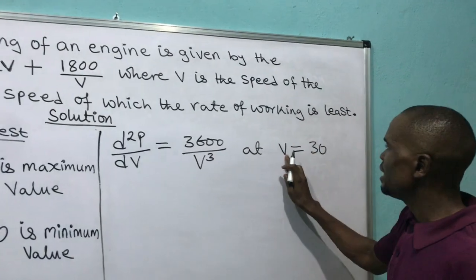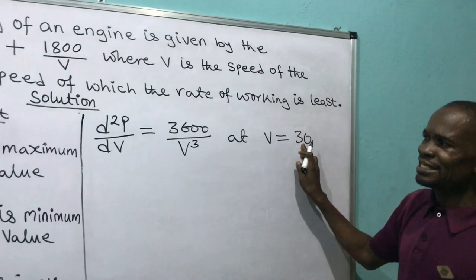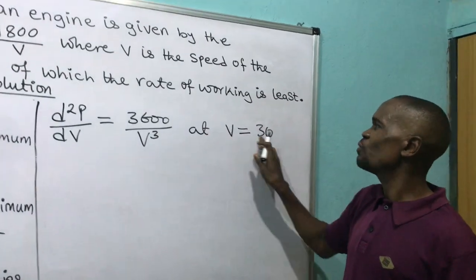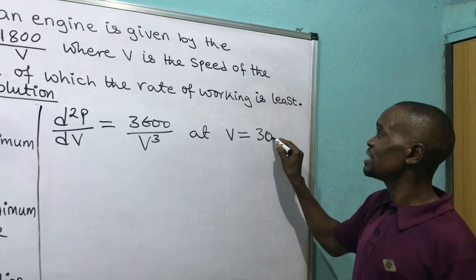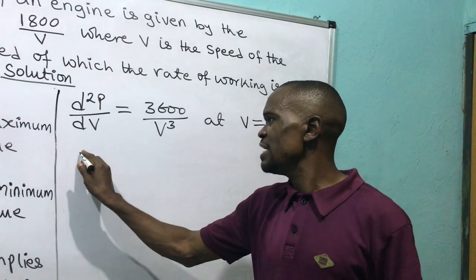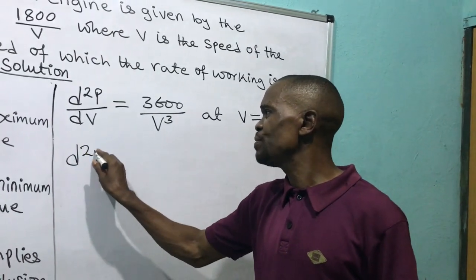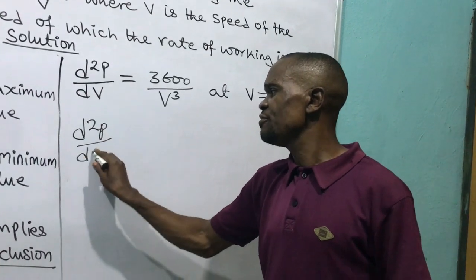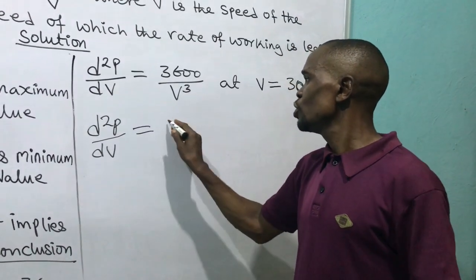At v equals 30, that means at the velocity equals 30, that positive velocity, putting it over there, I have d squared p over dv squared equals